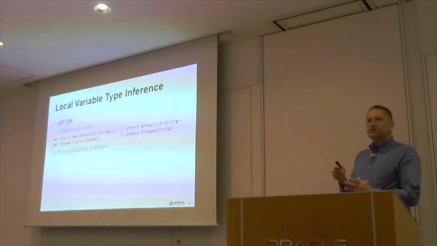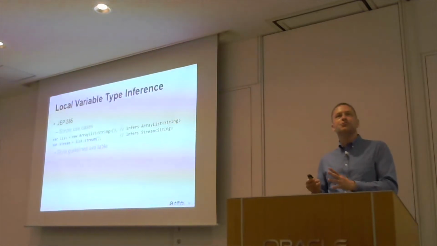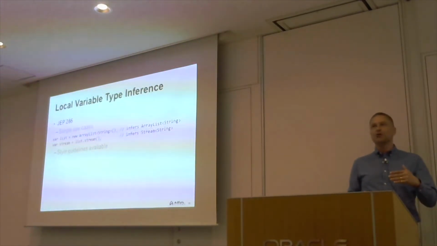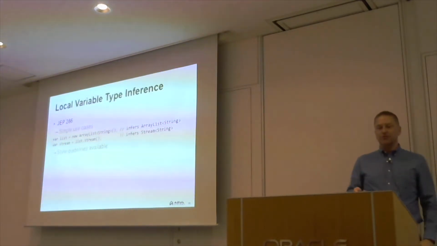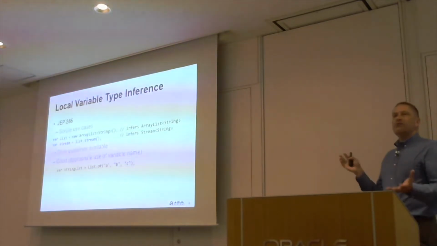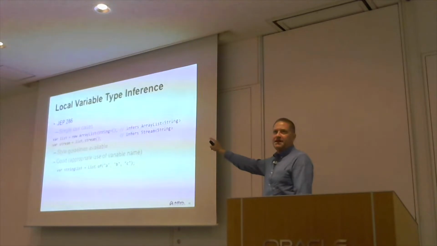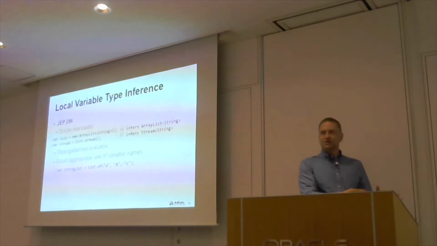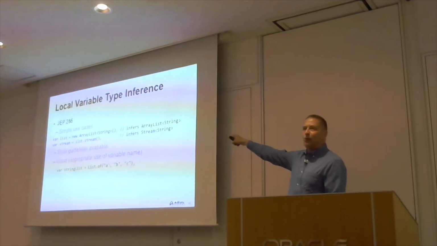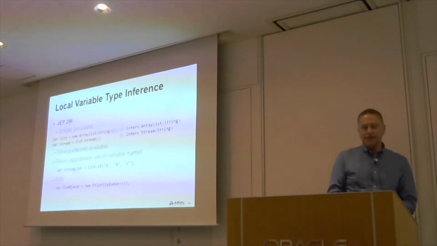Oracle have provided some style guidelines for this, because it's a nice feature, but it's also one that you can use in the wrong way as well as the right way. You can make it so that your code becomes less readable rather than more readable. So the appropriate use of variable names is a good idea. Things like var stringList equals and then a list make it obvious that it's a list of strings. Var s or var l is not such a good idea. So there's things like that.